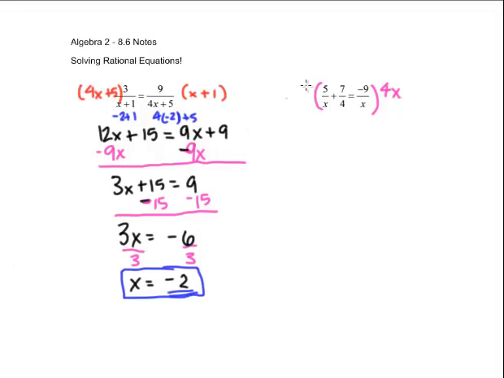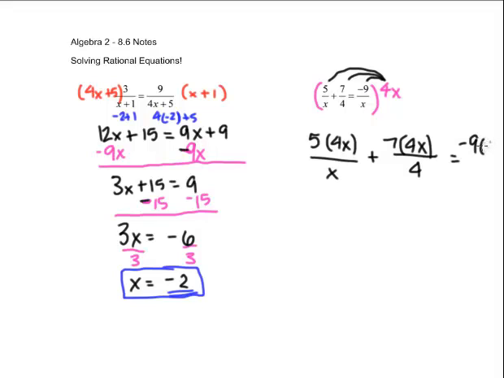So we're going to take that 4x and multiply this fraction and this fraction. What we end up with, and I'll show you the big step this time, is 5 times 4x over x plus 7 times 4x over 4 equals negative 9 times 4x